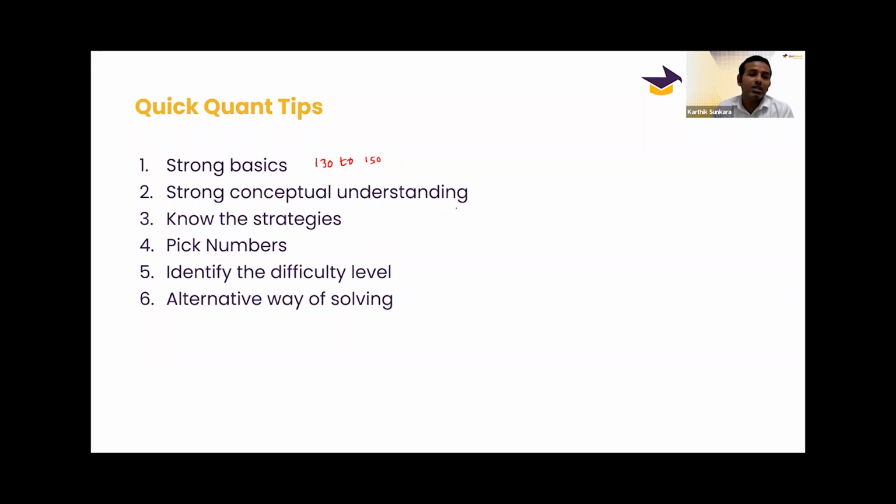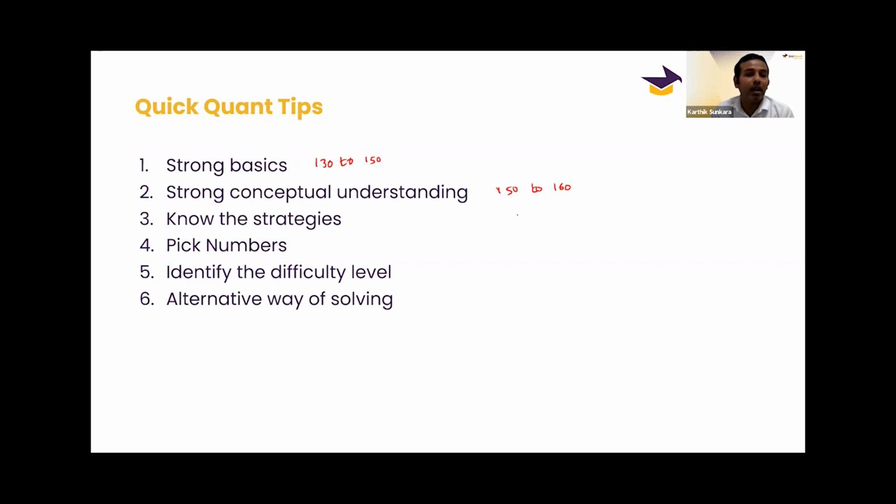And then next one is strong conceptual understanding. If you have a very good understanding of the concept, then you can get a score between 150 to 160. But what do we have to do in order to get a score of 170? Knowing the concept will not help you, but along with the concept, you need to know the strategies,